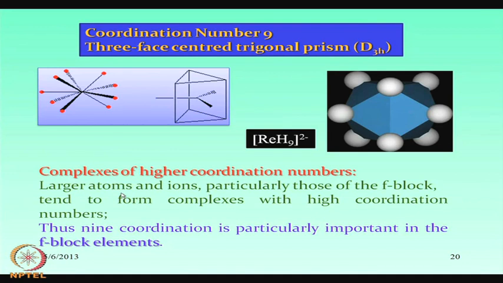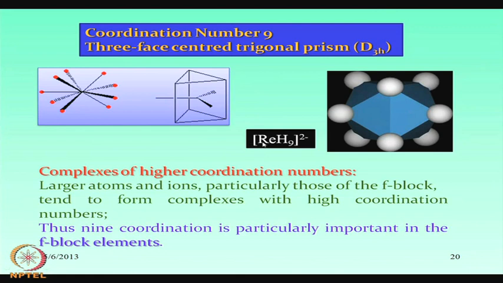So, these complexes of higher coordination numbers are basically formed where larger atoms and ions are participating, and they are mostly from the F block, and they tend to form complexes with high coordination numbers. And this coordination number of 9 is particularly important in the F block elements. If it is true with F block elements, that means the lanthanides or the actinides, it can also be true